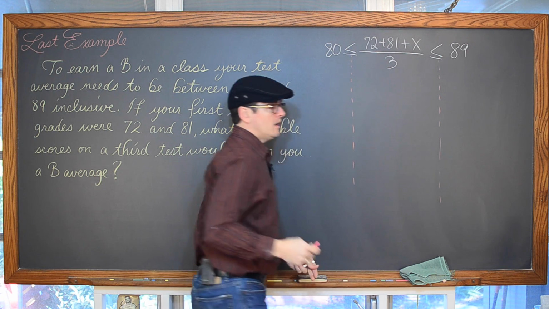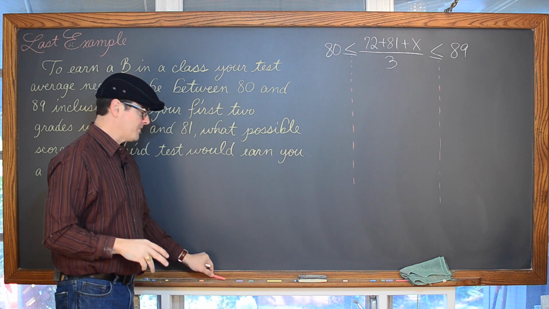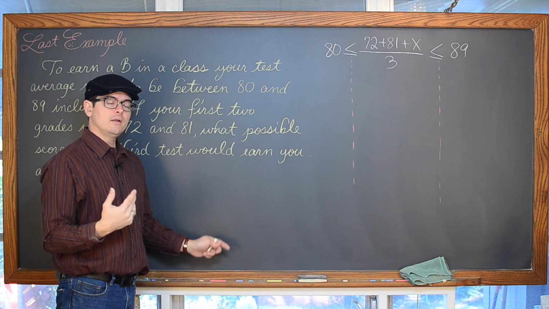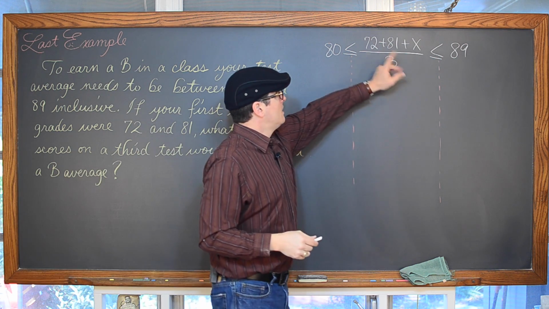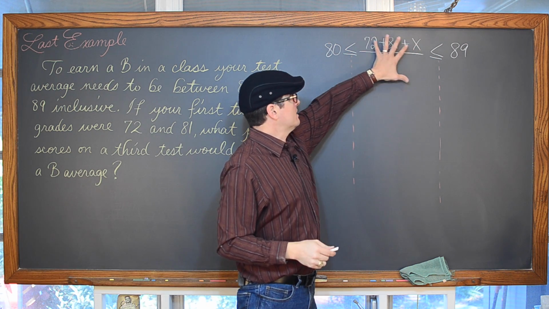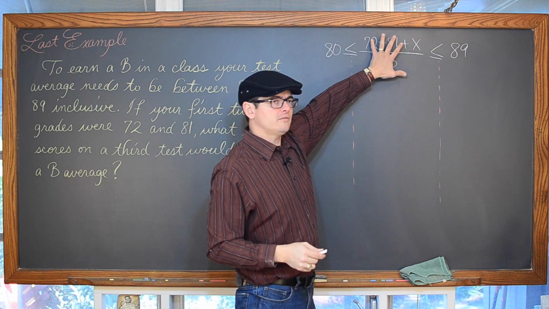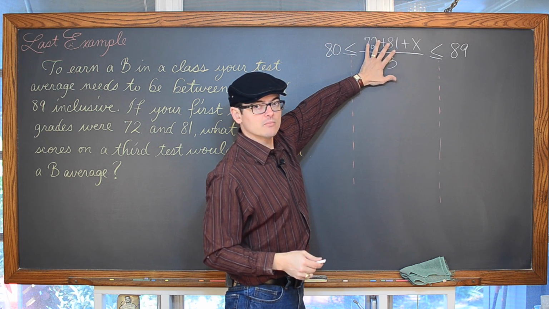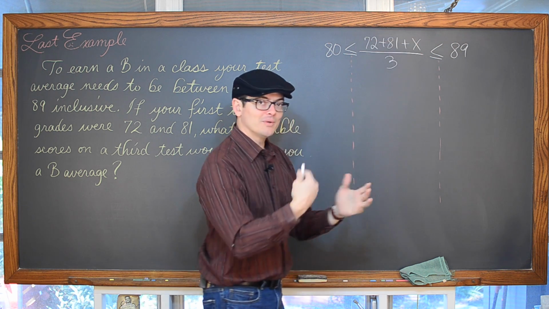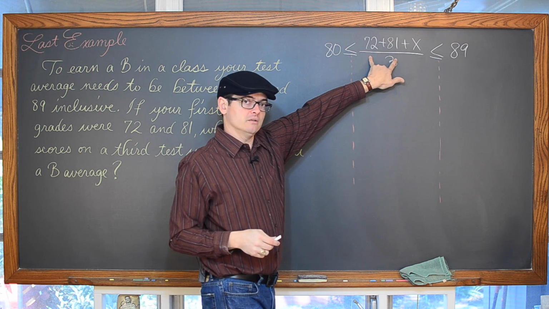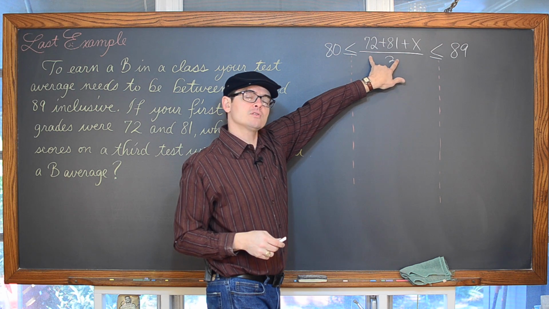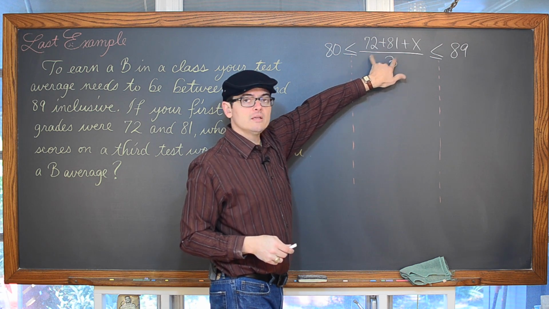So again, I'm not going to write this in two separate inequalities and do that much more writing. I'm going to keep it in this format. Our x is in the middle. We need to move away all of these math operations, these numbers that are in the middle of this compound inequality with the x. Fraction bars mean division. So the inverse math operation to division is multiplication.